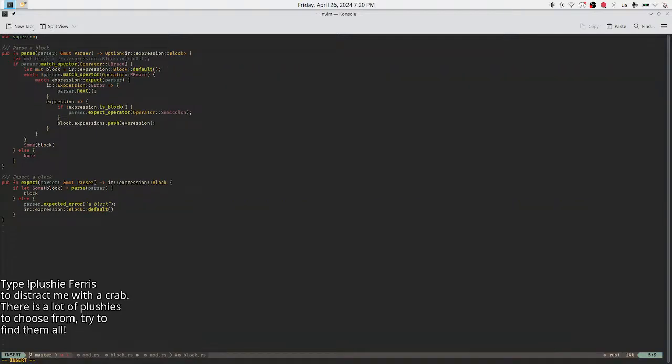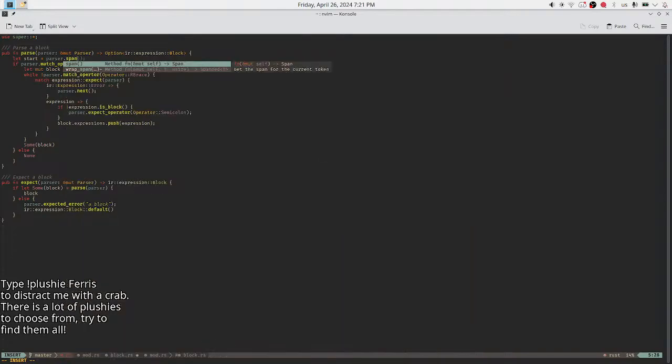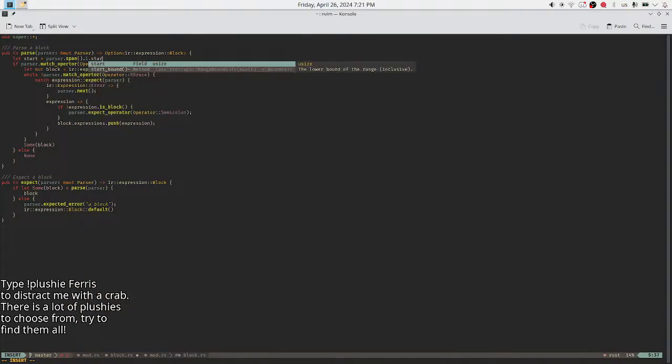Let start equals lexer, my lexer parser span one start.